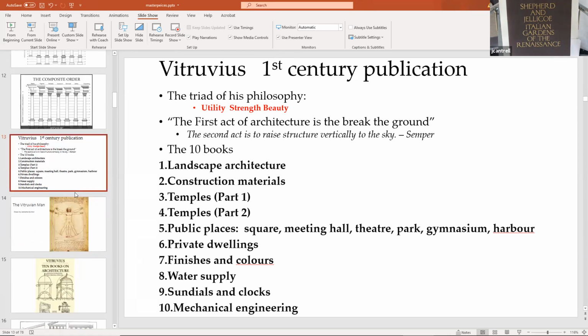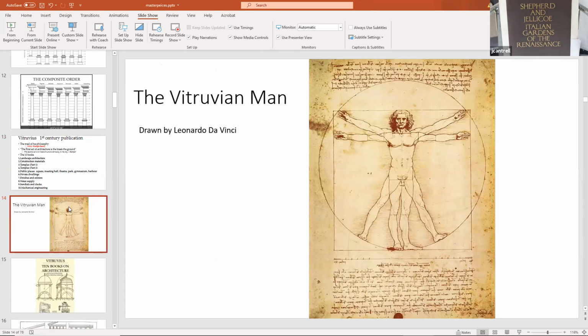So when we look at Vitruvius, we're seeing Leonardo da Vinci's redrawing of the Vitruvian Man based on his notes. This is not Vitruvius's drawing. This is Leonardo da Vinci's drawing, made from Vitruvius's notes from the first century AD. And again, they probably had stone and clay tablets, some papyrus, but they didn't have a lot of paper back then.